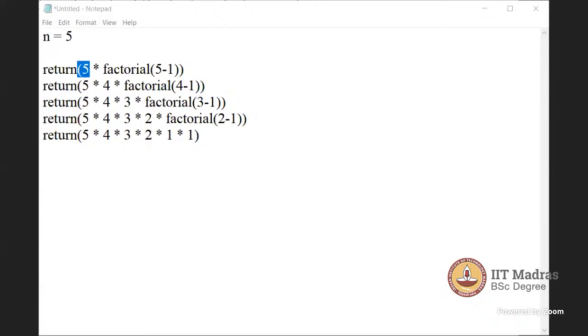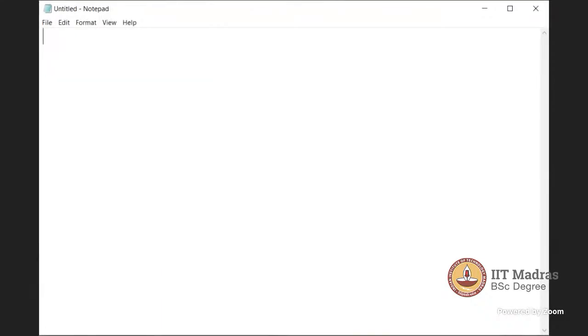Can you see this notepad? Yes, sir. Okay, so I have this list L. It contains some values. Let me take them sequentially. Let's keep it small. Okay, this is my list. I want the sum of all these values. I want 1 plus 2 plus 3 plus 4. What is your base condition? The first thing you should think of. What is your base condition?